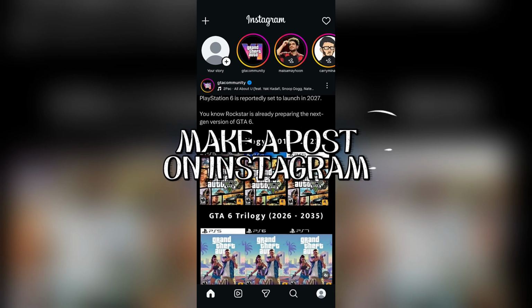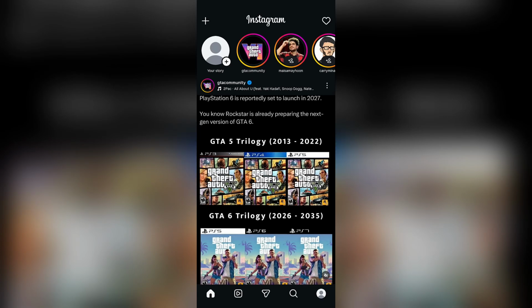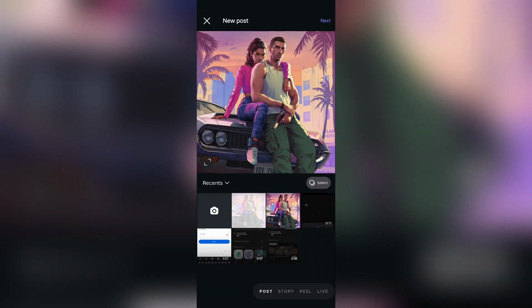How to make a post on Instagram. Now in order to make a post on Instagram, just simply open your Instagram app and then you will see this plus button from the top left corner. Tap into that, and after tapping in there, you can select anything that you would like to post from your